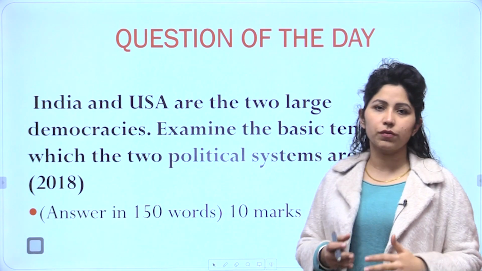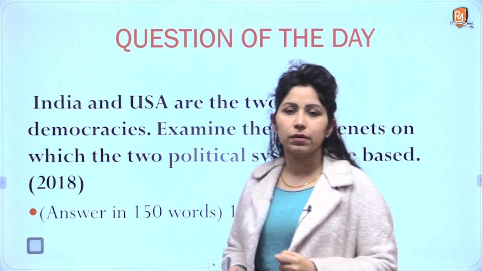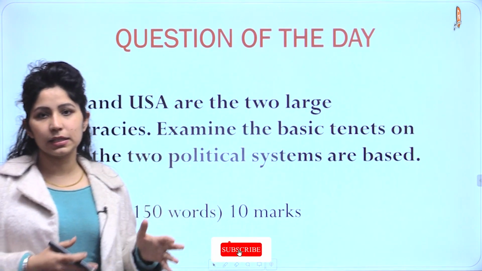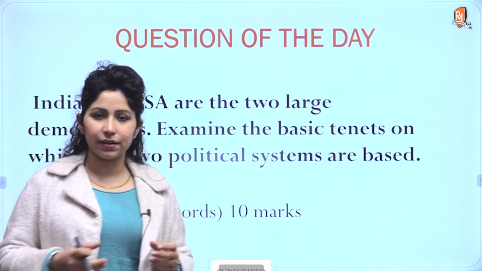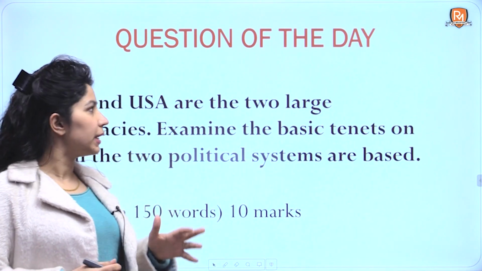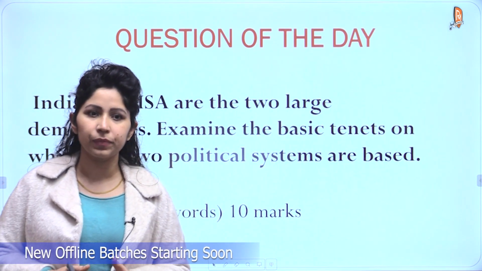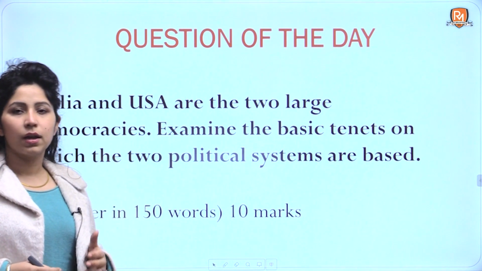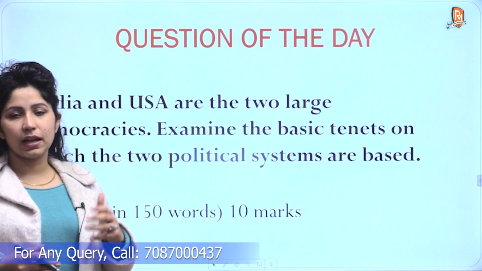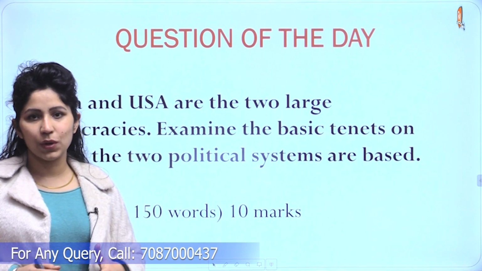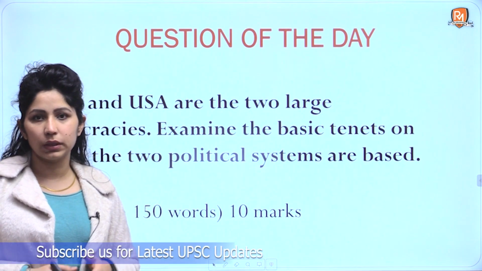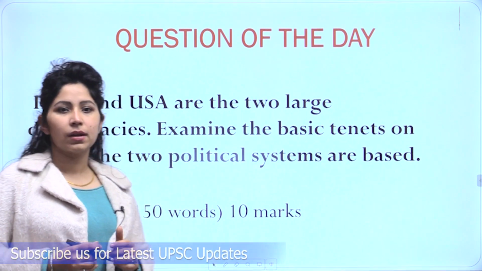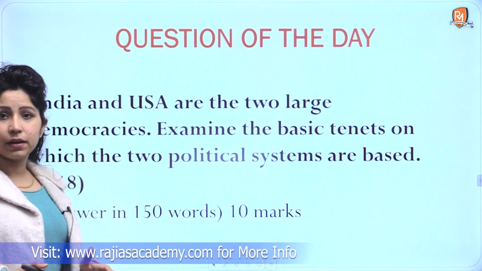The first statement of this question talks about the largest democracies of the world. Of course, the topic has been Constitution of India and its comparison with other constitutions. So Indian Constitution has to be addressed here. So India and USA are the two large democracies. We understand that India is the largest democracy by population and USA is the largest democracy of the world by area. Also, USA is the oldest democracy. So let's proceed